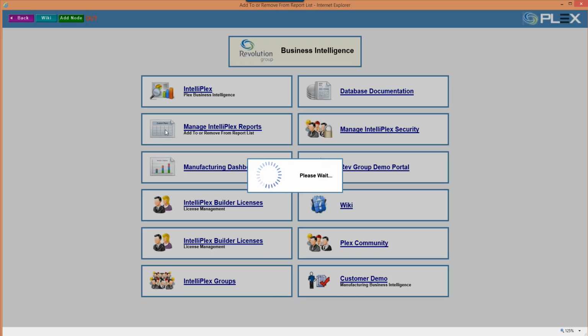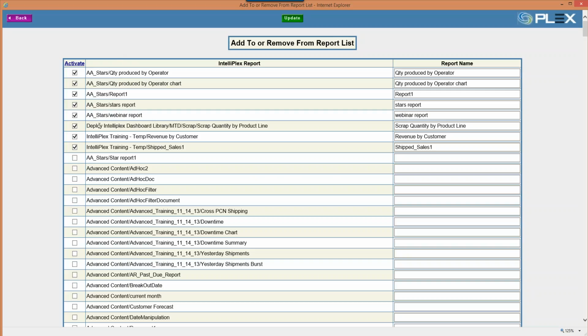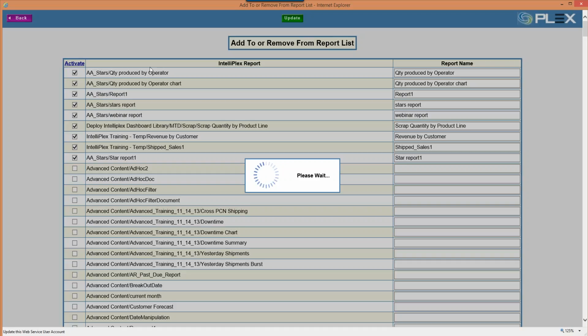And when I open that up, I'm going to see a list of not only the directories, but all of the reports that are out here. So you can see right here I have my AA stars, my star report number 1. Click that to activate it and update it.